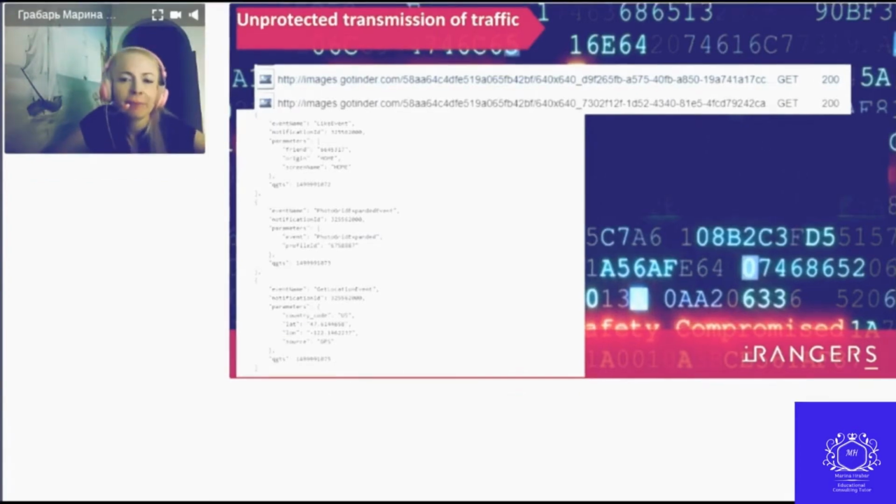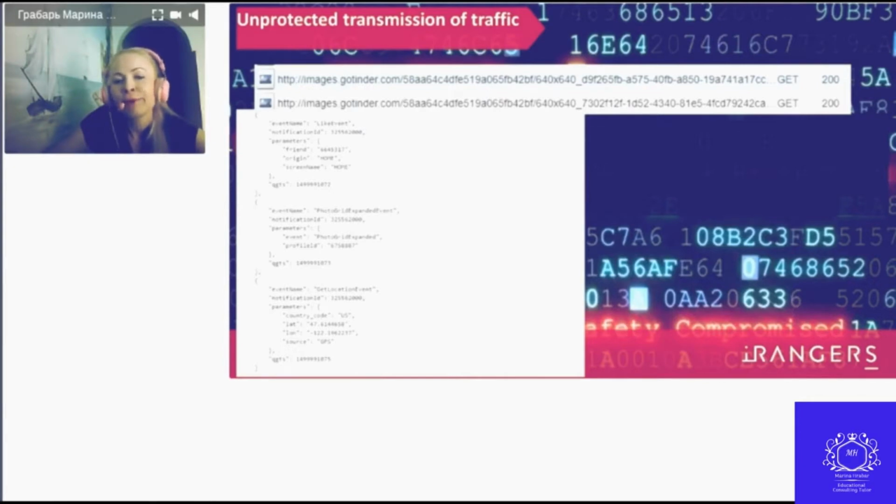Data the apps exchange with their servers. We were interested in what could be intercepted if, for example, the user connects to an unprotected wireless network to carry out an attack. It's sufficient for a cybercriminal to be on the same network. Even if the Wi-Fi traffic is encrypted, it can still be intercepted on an access point if it's controlled by a cybercriminal. Most of the applications use SSL when communicating with the server, but some things remain unencrypted.